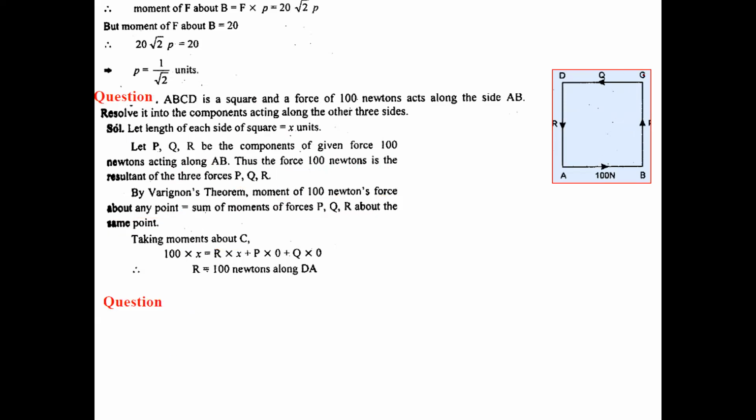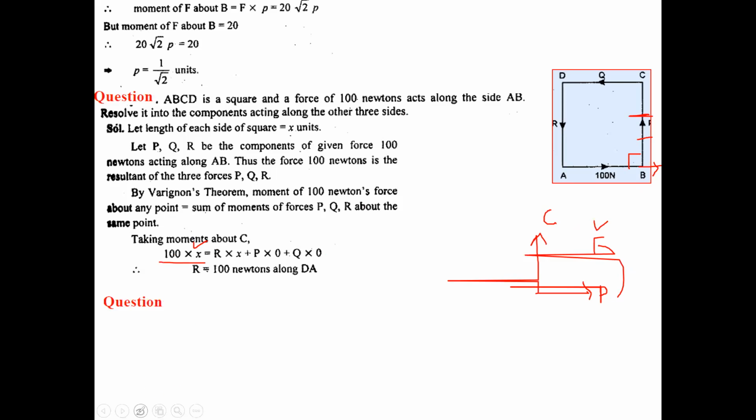So the moment of the 100 newton force about point C, if we calculate it, this is the perpendicular on the line of direction of 100 newtons. You can see the force is moving in this direction. This is the perpendicular, so the length of the perpendicular is obviously x. So 100 into x. And now let us check whether this force will rotate about C clockwise or anti-clockwise. So this is C and this is my P. The nearest distance to C is in the anti-clockwise direction. So that's why it is positive, 100 into x.